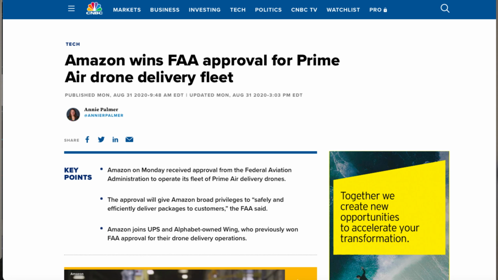For instance, Amazon is developing a drone program to see if they can have drone operators in a remote location, much like how the U.S. military does with their Predator drones, where you have the operators in one location and the actual aircraft in a separate location. So it's beyond the line of visual sight.